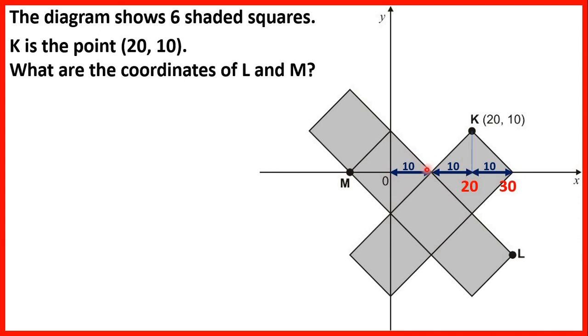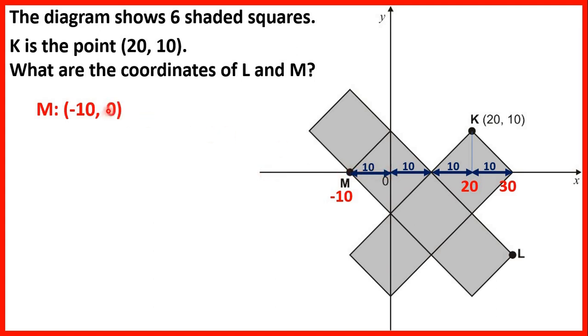0 to 20 we can split in half, because we can see that we have 2 half squares, so each half square must be a difference of 10. So because this point is 1 half square to the right, that must be an extra 10. And we also know that this point here will be 10 less than 0, so that's minus 10, because when we go past the y-axis, if we're on the x-axis, we're into negative numbers. So the x-coordinate of M is minus 10,